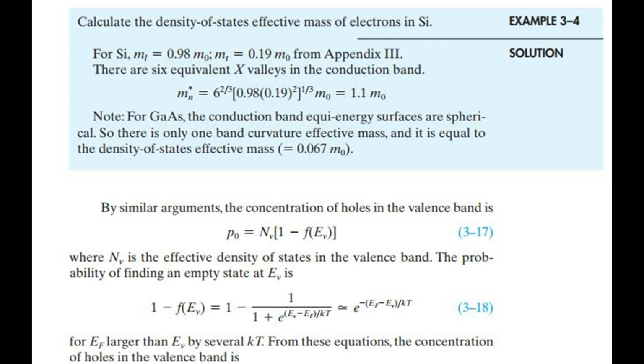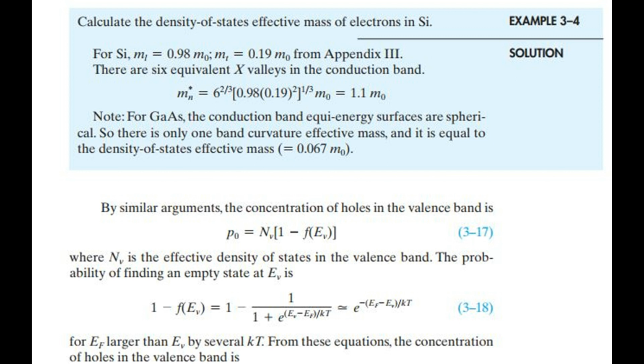For silicon, m_l equals 0.98 m0 and m_t equals 0.19 m0, from Appendix 3. There are 6 equivalent X valleys in the conduction band. Note, for gallium arsenide, the conduction band equi-energy surfaces are spherical. So there is only one band curvature effective mass, and it is equal to the density of states effective mass,